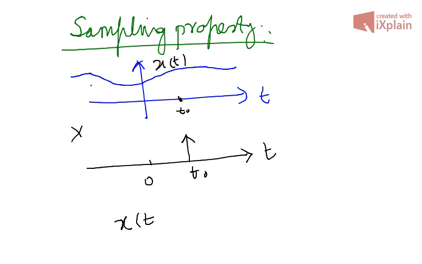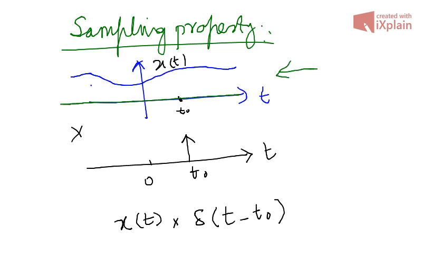Now if you multiply these two signals, suppose I want to find out this product: delta of t, multiplied by x of t multiplied by delta of t minus t naught. I want to find this product. Now you can see graphically that although x of t exists for the whole time axis,